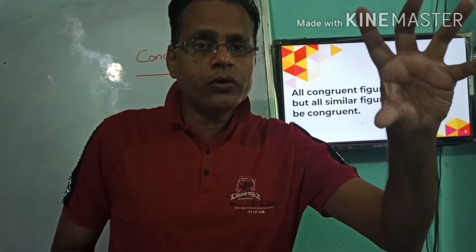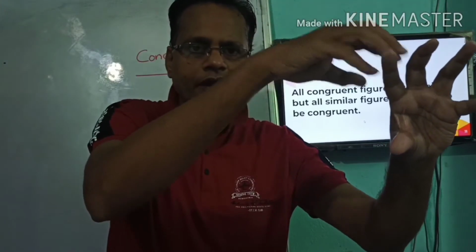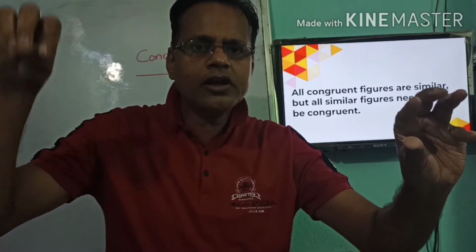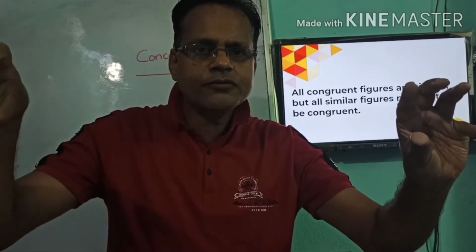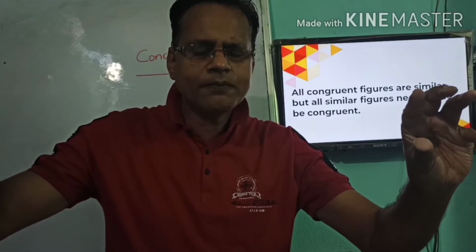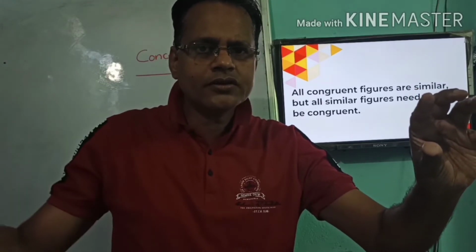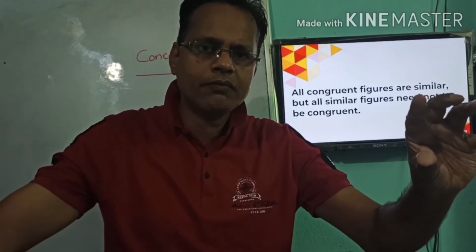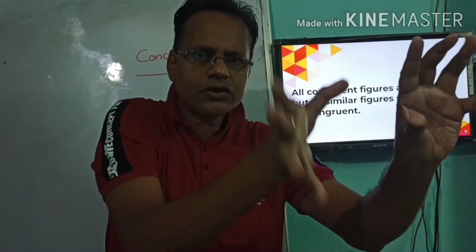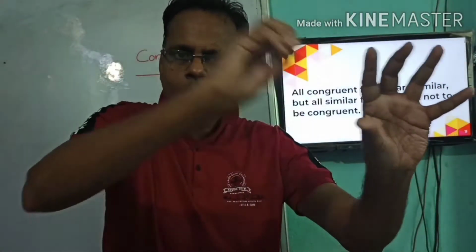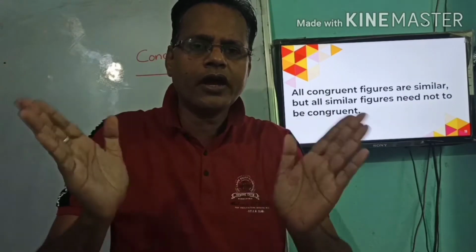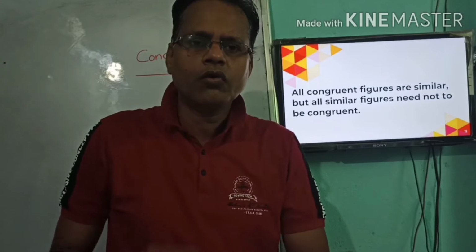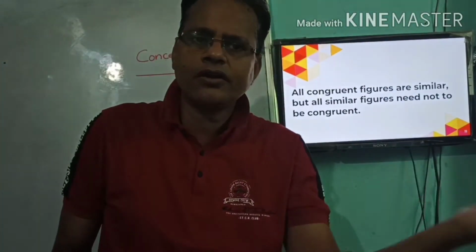Congruence is having one logic, that is same shape, same size. Similar is having the double logic. What is that double logic? Same shape, same size, same shape, dissimilar size. So similar figures have one extra property with them. Therefore, all these congruent figures are completely inside the similar figures. Therefore, we may tell all congruent figures are similar, whereas all similar figures are not congruent.